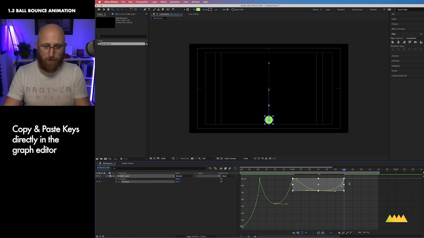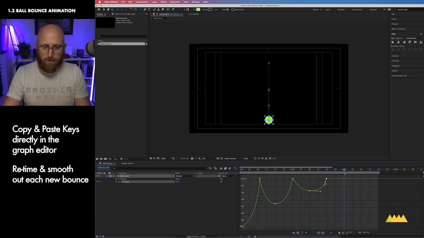Now I can see my overall timing isn't really quite right, but that's okay. I'll just use that same region selection tool and tighten this up a bit. I also want to make sure that my timing looks really even. I'm going to come forward a little bit more, Command C, Command V, and paste this keyframe here. This is a great exercise because as simple as this seems, even doing a simple decaying bounce manually can be a bit of a challenge, but it's a great exercise